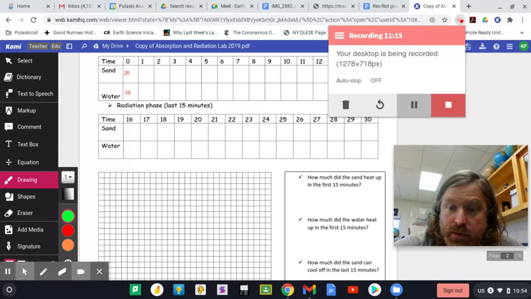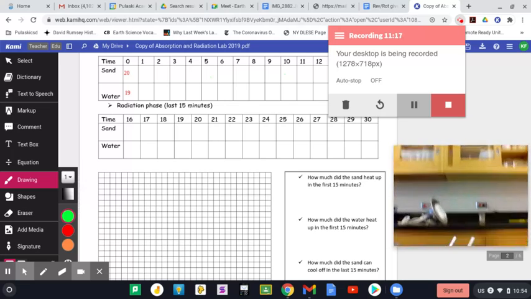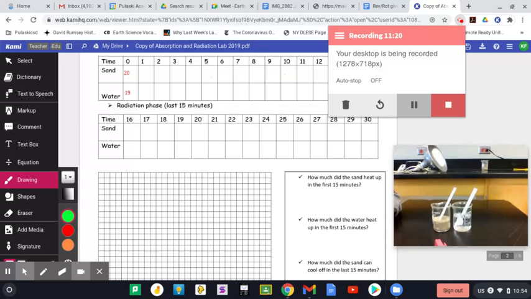So now is the portion of the lab where we radiate for 15 minutes. Now on the lab, it's just like goes to minutes 16, 17, 18, 19, and so on, right? We're just going to keep on going time-wise. So now we're working on this bottom row of data. Your next data point at 20 minutes when I come back will be in there, and we'll see how much